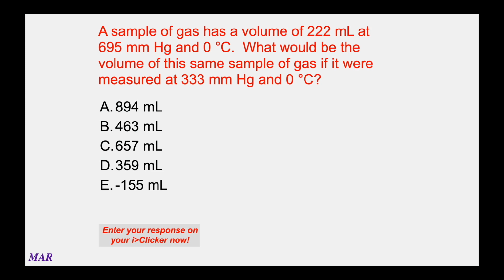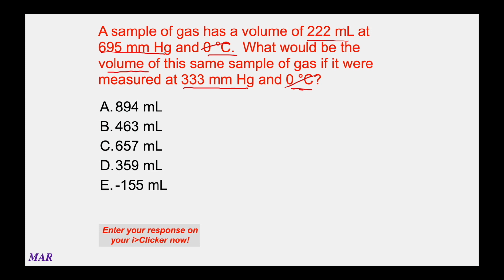And if you look at this problem, the pressure is 695 millimeters of mercury initially, and it ends up being 333 millimeters of mercury, so it's certainly changing. The temperature is listed, but the temperature is the same. So really, temperature doesn't play a part here. It's not as important. On the other hand, you start with this volume, and the question is,